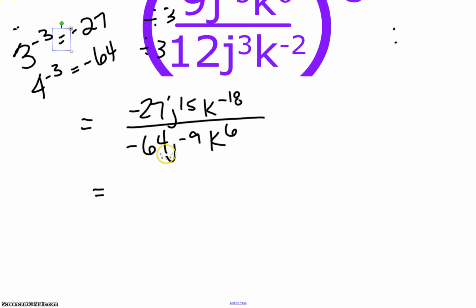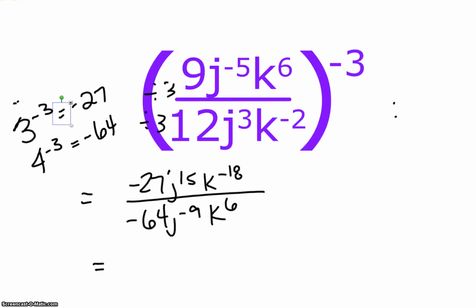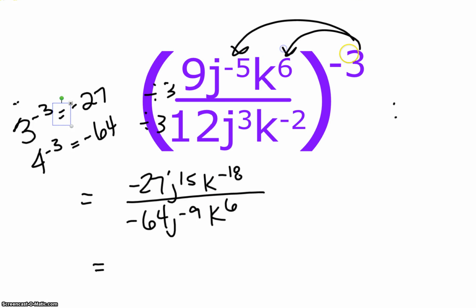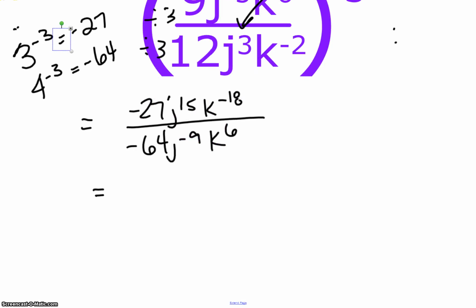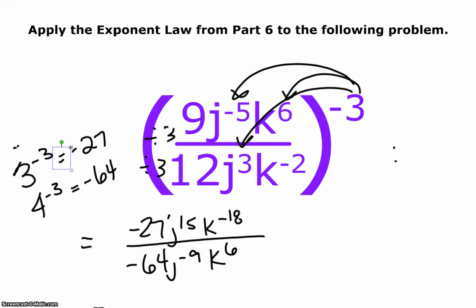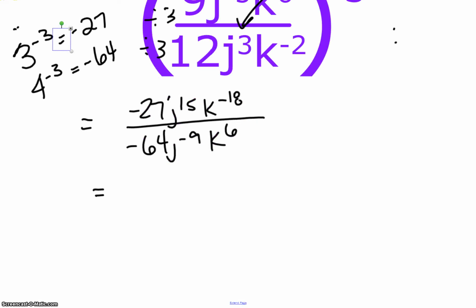So that's where the negative 27 and negative 64 came from. I then distributed the negative 3 to the exponents, and that's how I got 15, negative 18, negative 9, and 6. And because there's negatives on top and bottom, I'm going to flip-flop them. So I can bring the 64 on top to be positive,